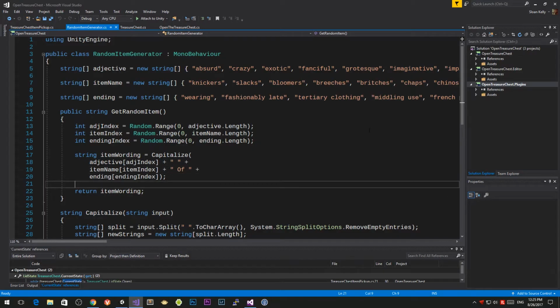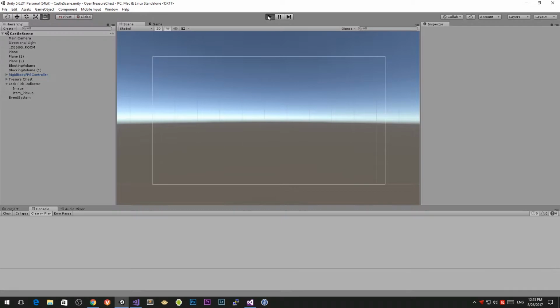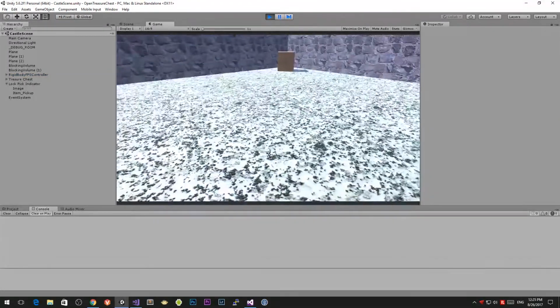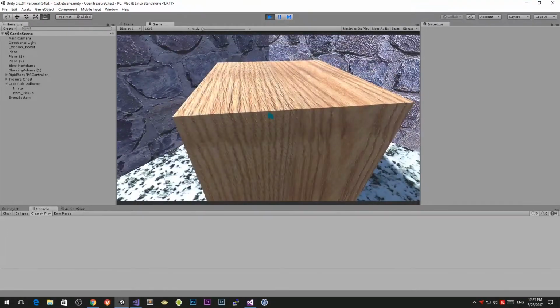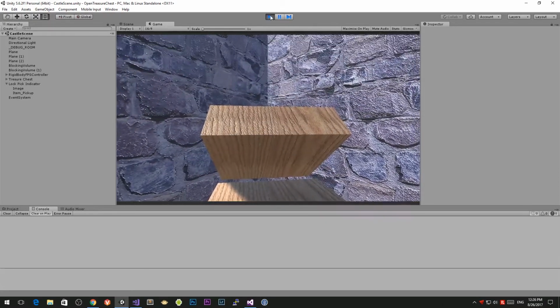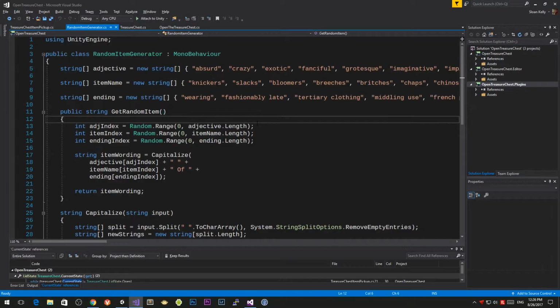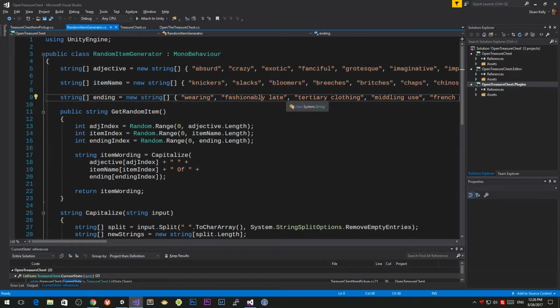Okay, I think this function here is backwards, and I'm going to explain why. So in here I have my treasure chest room, and I run up to here and I open up the treasure chest, and it says you picked up the unbelievable rompers of latex rubber, which is fine. But the problem I got though is my random item generator can only generate from these three lists,